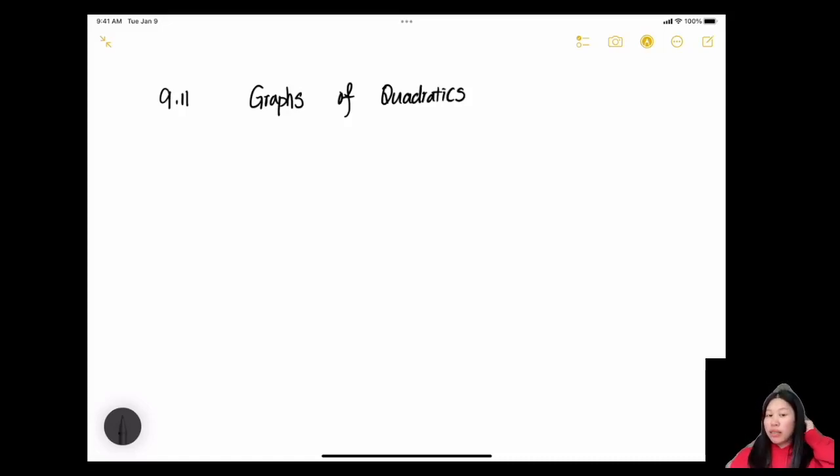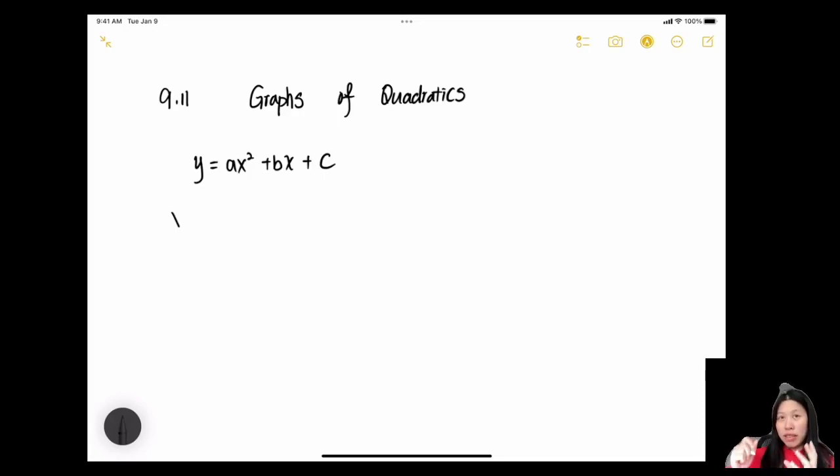Hello, so in this exercise, I'll talk about how to graph a quadratic. Basically, if you see a function y equals ax squared plus bx plus c, that's a quadratic function. And how do you graph it? You need to